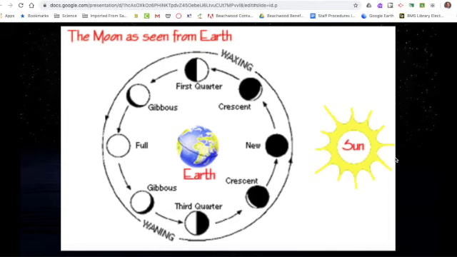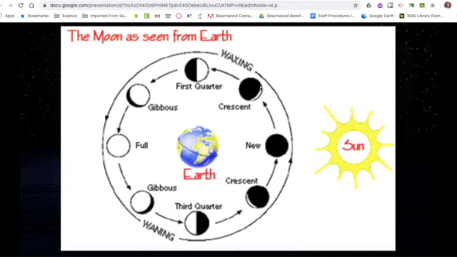Okay, so here it is, seen from Earth. So nothing for you to type here, as we just kind of go through this. Imagine you're on Earth, because that's where you are. So here's what new moon would look like when you looked up in the sky. You wouldn't see anything. For a waxing crescent, when you look up at the sky, you would see just a sliver